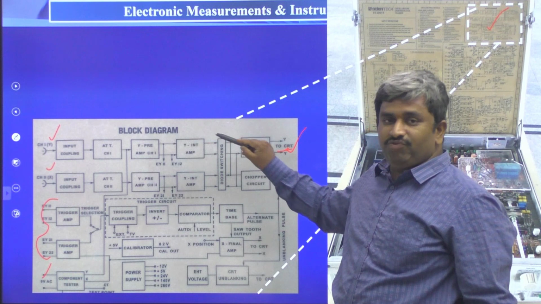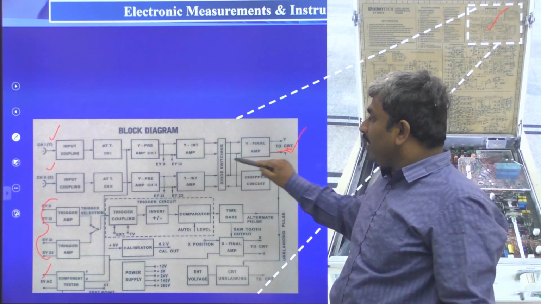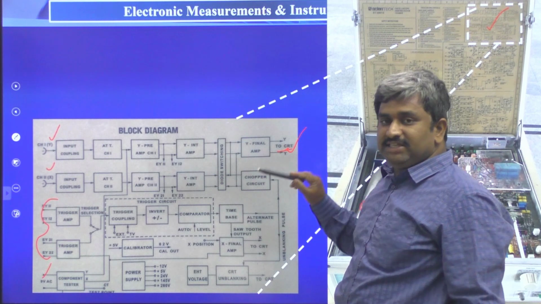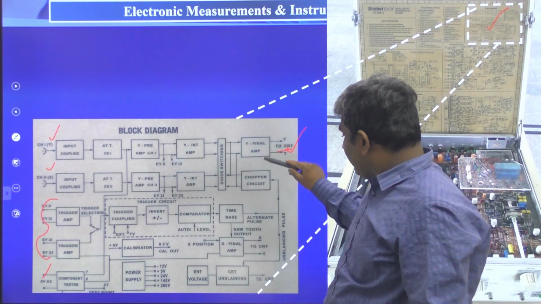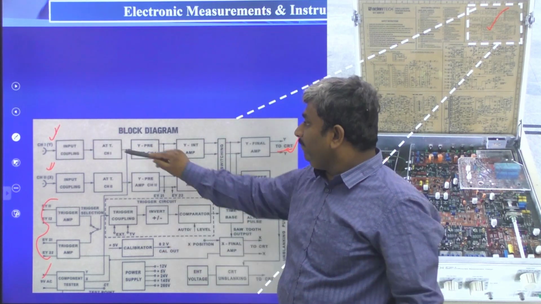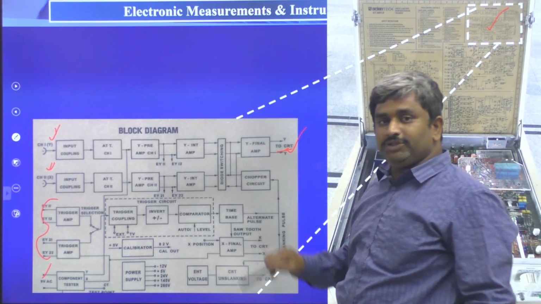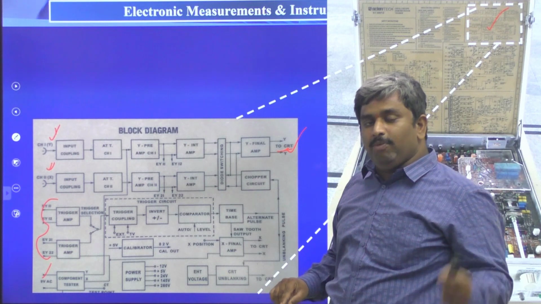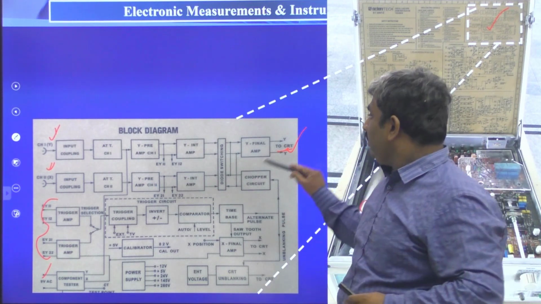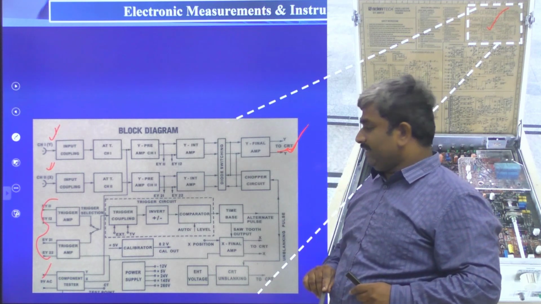So this is the X information, channel 1 information, and channel 2 information. These two pieces of information we are connecting to the CRT. So this is a block diagram. In this block diagram, we give the channel 1 and channel 2 information. These are available in the Y direction, otherwise the Y axis information, which we give to the CRT.